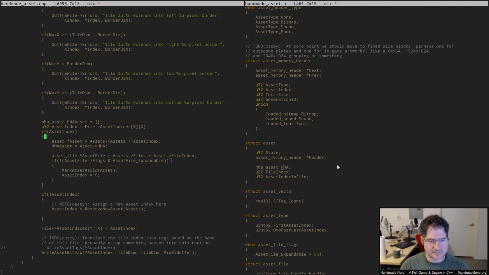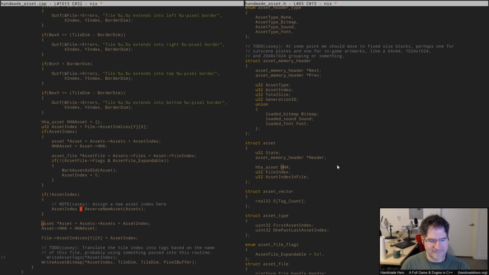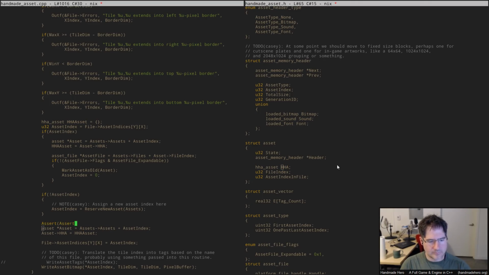So we can grab it out of the system. We can say that its HHA equals our RHHA, and we can go from there. That's probably something we can do right here, like so. And then we can write it back. So now what we need to do is actually set this stuff up. When we do this reserve new asset, it's going to have file index and asset index in that file. That will be set for us when we do the reserve. And so we can probably just proceed to looking